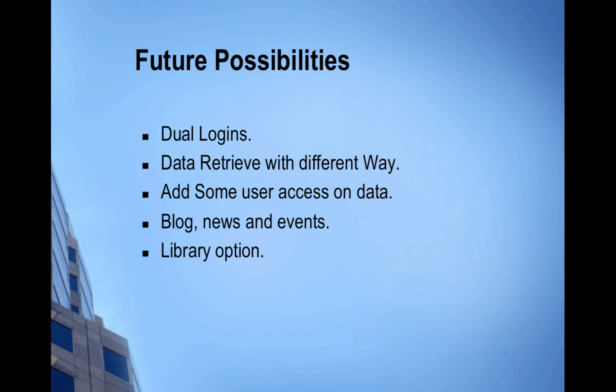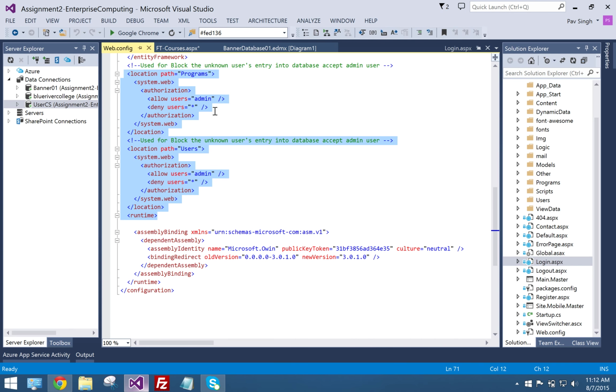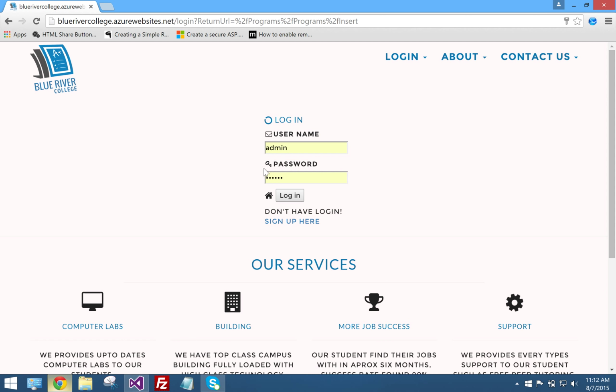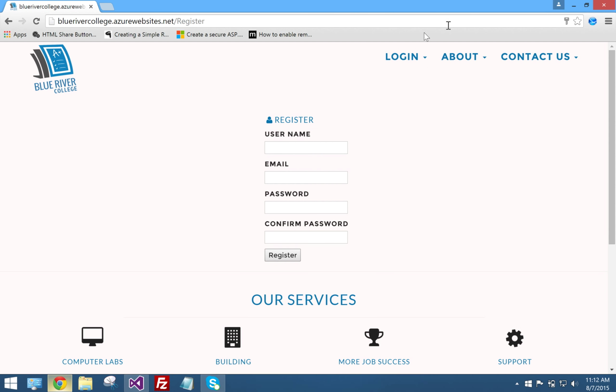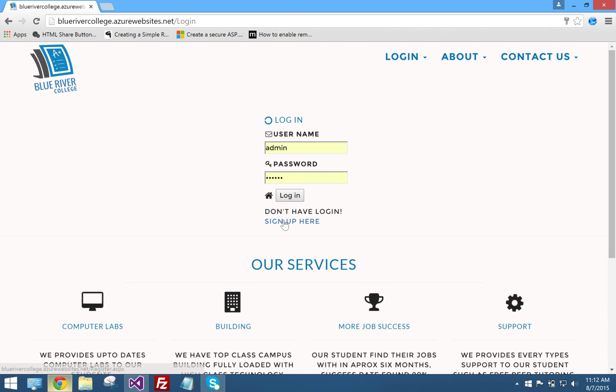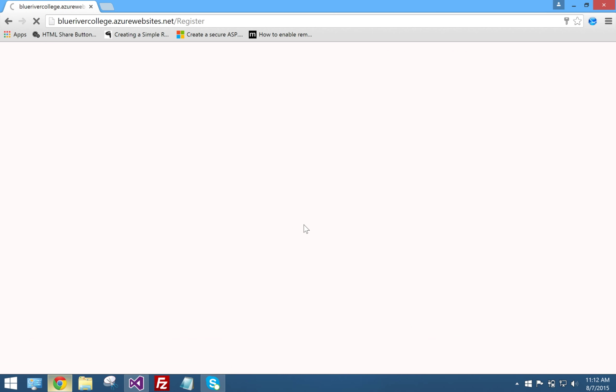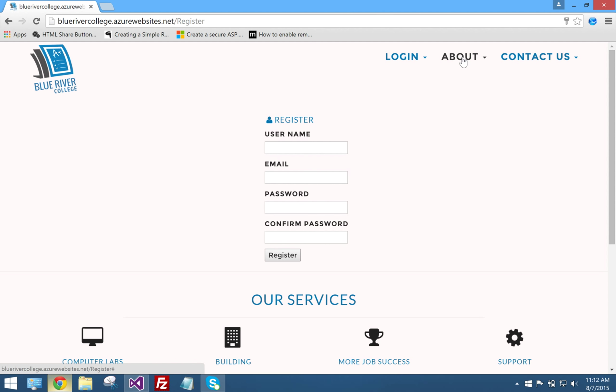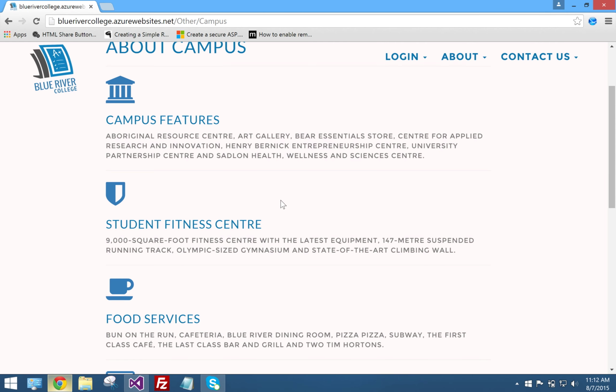Before I say thanks to all, I'm just going to display a little bit of the website and some options I used. Okay, so this is the registration page. Anyone can register from here, and it's the same here. If we log in and click on the sign up option, it's going to bring you to those pages, and pretty much I put some knowledge about the campus